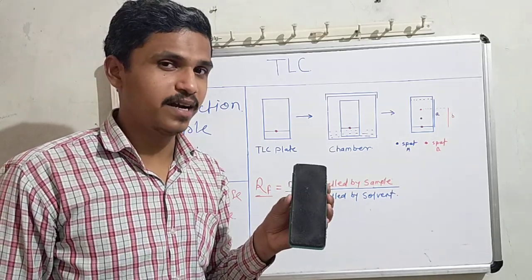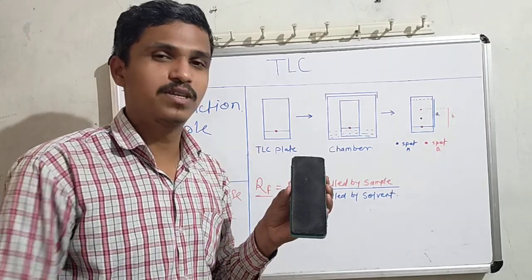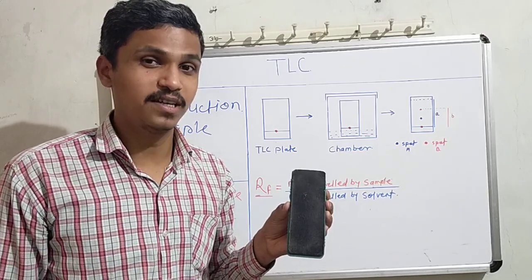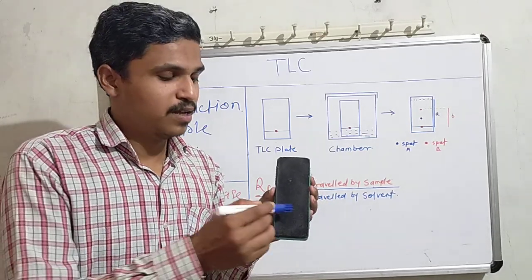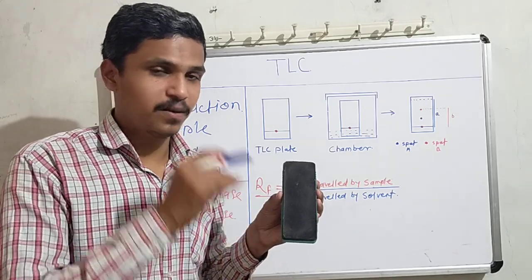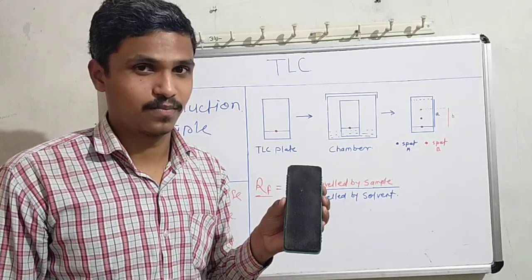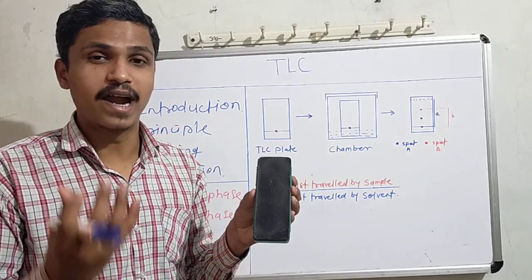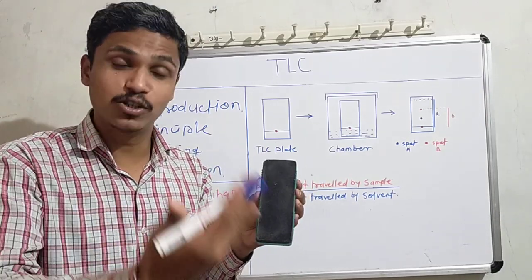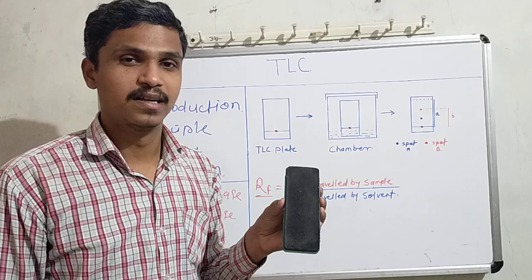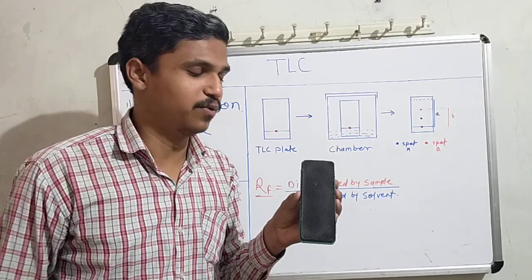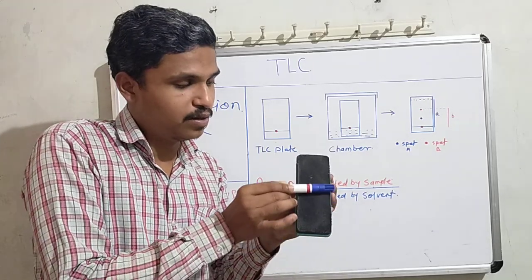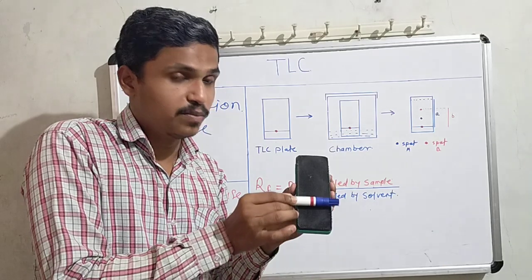But the problem is that we don't know what components are present in the mixture, which is polar and which is non-polar. Okay, the interesting thing is that this mixture contains different components, polar and non-polar, and as I earlier told, the principle is called adsorbent relative affinity interaction of the component over the stationary phase. So observe and listen very carefully. This is the stationary phase. The mobile phase travels from the baseline up the surface of the stationary phase.